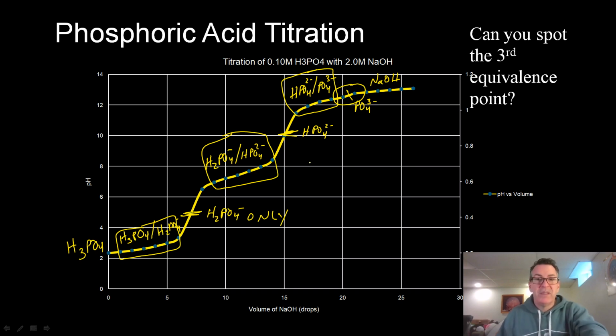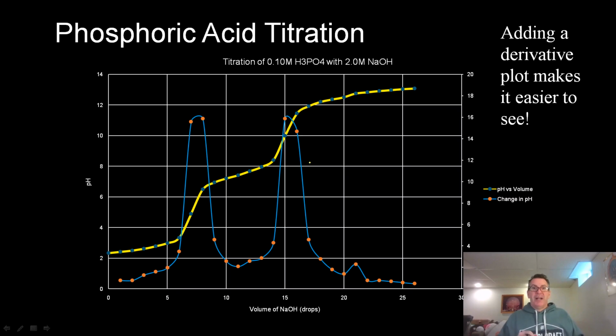All right, here's another way you can see that. What I did was I plotted a derivative plot on top of this. What a derivative plot shows is the change in the pH from one data point to the next. So in a buffer section, there's not much change, and so there's not much that you see with that derivative plot. When you hit an equivalence point, like through here though, there's big jumps in the pH. And so that's why there's a big peak there in that derivative plot that you see in the